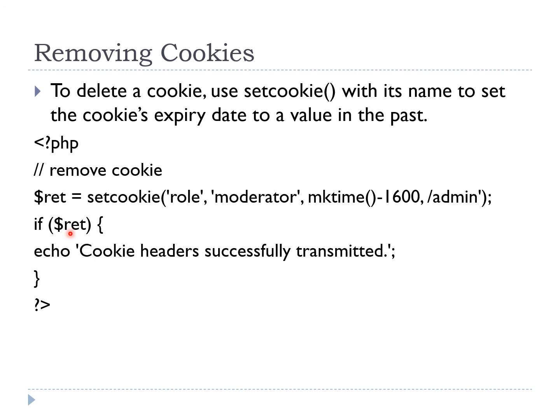So we already discussed how to set a cookie. In order to set a cookie in a web application, we have to use setcookie. It takes different arguments: the cookie name, value, expiry, path, domain, and whether it needs a secure connection or not. Likewise, if you want to access the cookie data, use $_COOKIE of that particular variable name. Then if you want to remove cookies, we have to set the expiry date to a past value. Likewise, we can manipulate cookies in PHP.